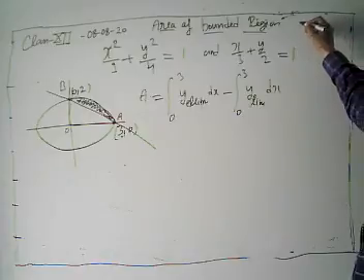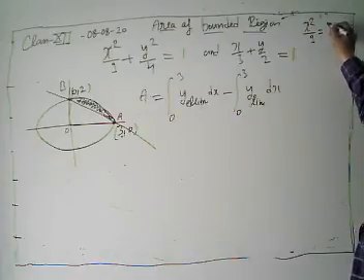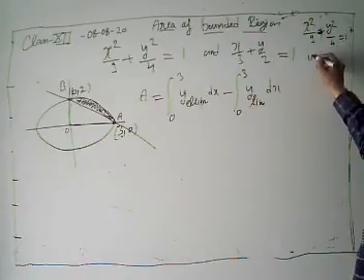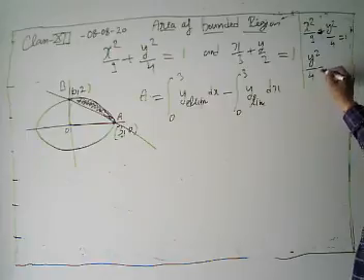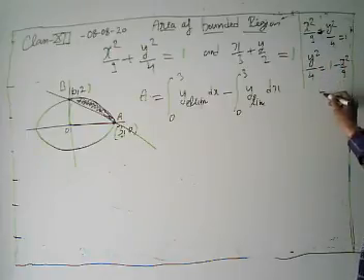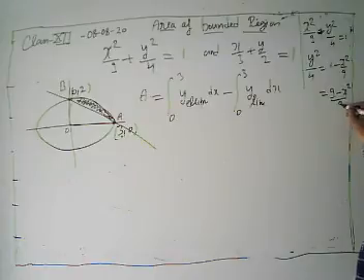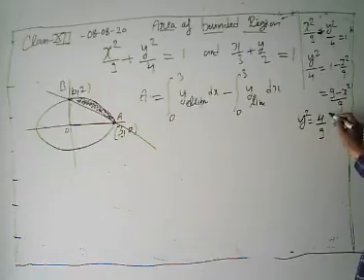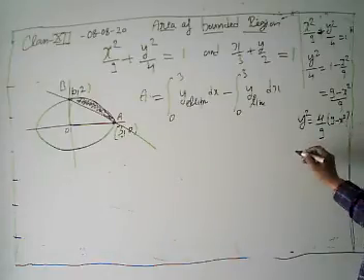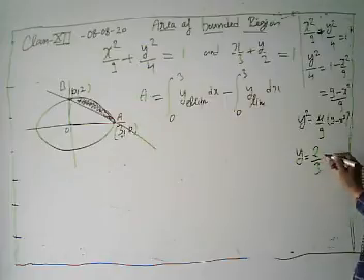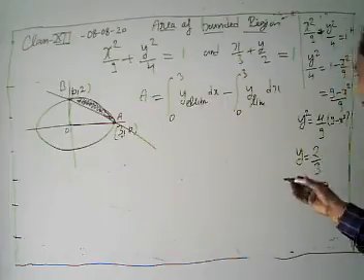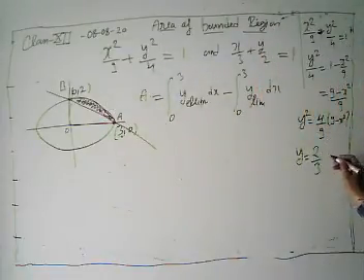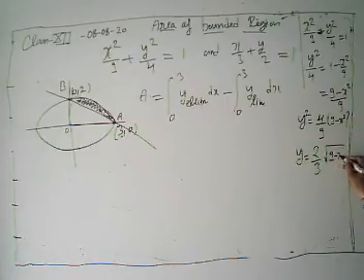Look, we have x square by 9 plus y square by 4 equal to 1. Then y square by 4 is equal to 1 minus x square by 9, which means (9 minus x square) by 9. This means our y square is equal to 4 by 9 times (9 minus x square), then our y is 2 by 3 under root 9 minus x square. We're just taking the positive value because it's in the first quadrant. We're just taking the first quadrant.